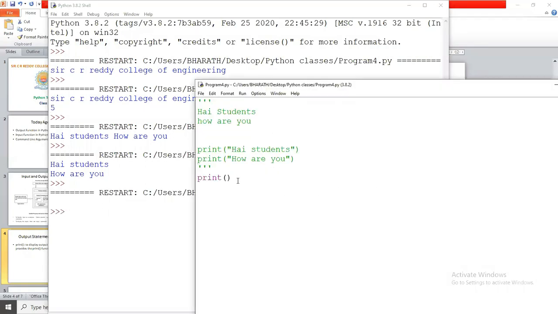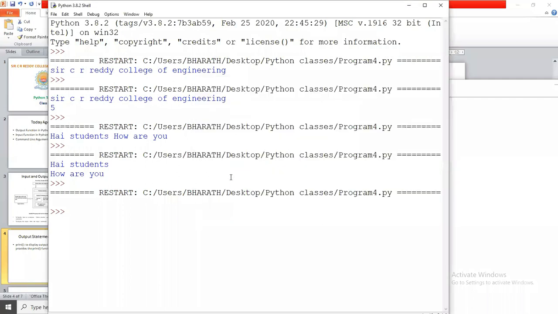If you print it several times, for example I print 5 times, now it displays 5 empty lines.